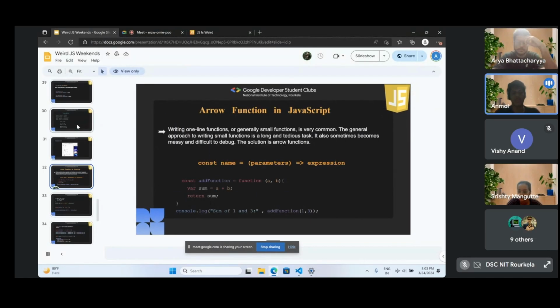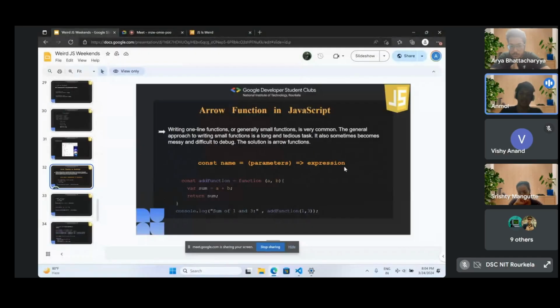So we will be taking on the topic that is arrow function. Now arrow function was introduced in ES6. Now what's the need of arrow function? Like why do we need this? So the main benefit that we get in arrow function from the normal regular function is that we can write the code in a single line, and it is easier for the person who is seeing the code to understand it.